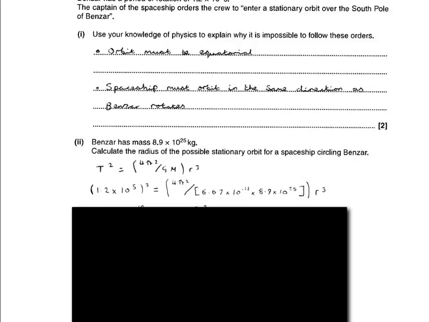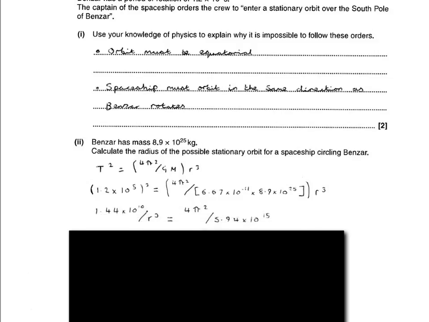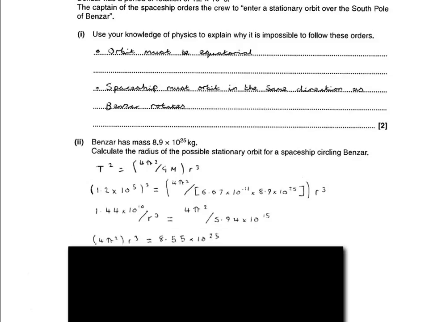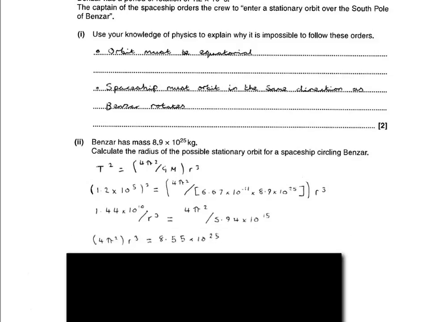So we move down to the next part of the question. As you can see here, all that's happened is I have divided both sides by r cubed, so that we now get 1.45 times 10 to the 10, which is 1.2 times 10 to the 5 squared, divided by the r cubed, gets it away from this side, and then the 5.94 times 10 to the 15 comes from 6.67 times 10 to the minus 11, times by 8.9 times 10 to the 25. The next step is I move the r cubed again, move it across back to the other side,